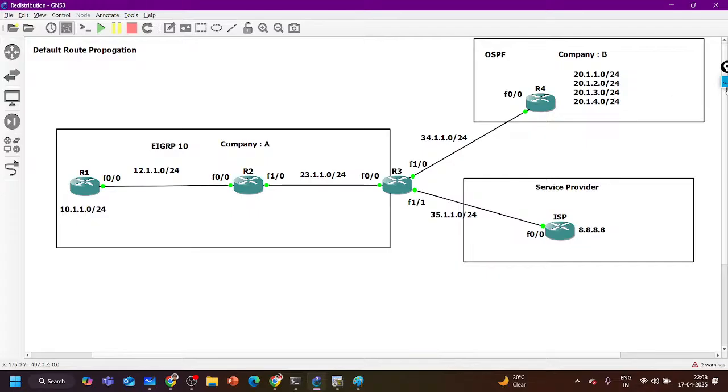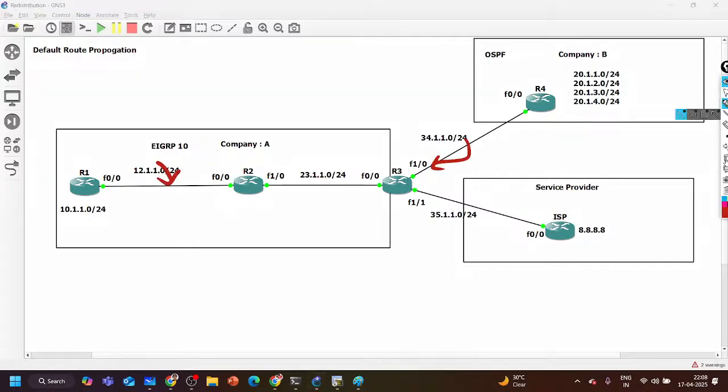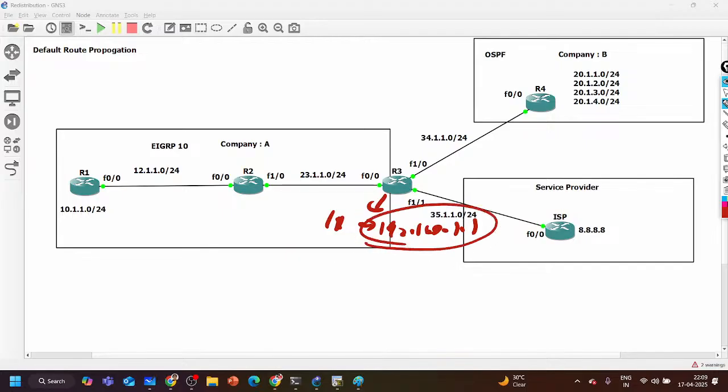On your router number 3, where you want to redistribute default route, you can create one candidate. Candidate means, let's say here I have created one loopback 1, and on the loopback 1 I have configured IP 192.168.1.1. Now this is my candidate who will carry the default route information, right? So I will advertise it into EIGRP.